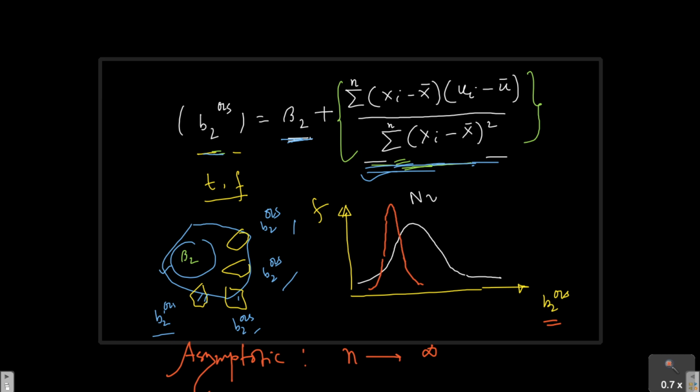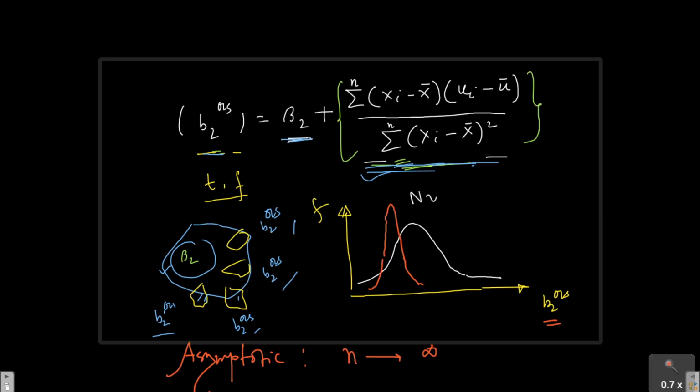Now, if I want to actually use this formulation, I cannot. Previously, when I was estimating this B2 OLS, I was taking expectation on both the sides. But here, when n is infinity and with a more complex relationship, I will have a formulation of limit. I'll take the limit instead of expectation on both the sides. So I'll write plim B2 OLS is equal to,